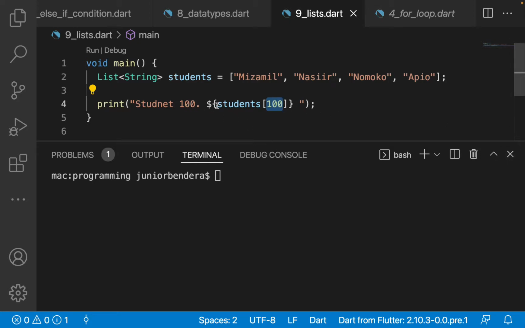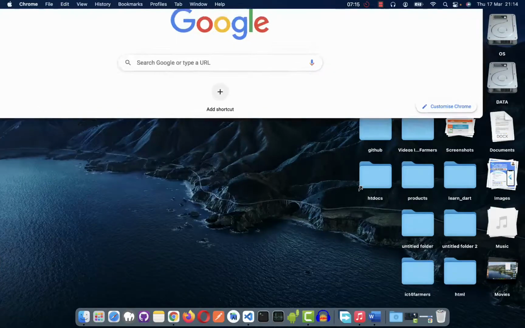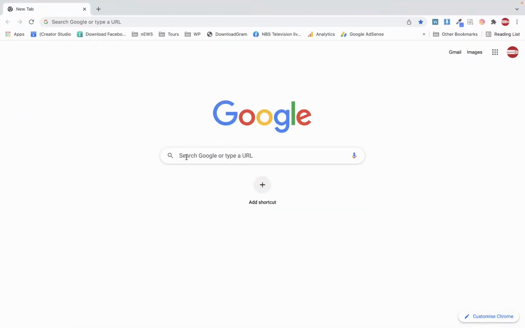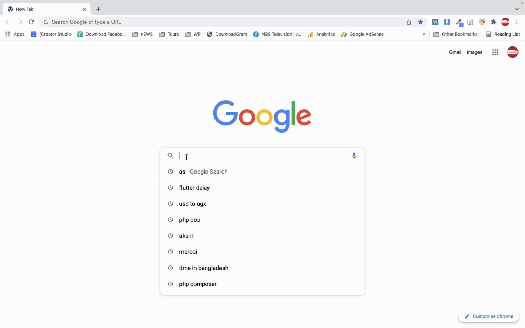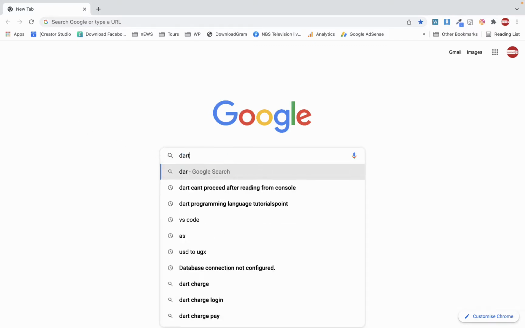So in that programming language, this list has got a lot of functions. It's not like the C programming language or other languages. It has got a lot of functions that you can use when programming. Just come and search that